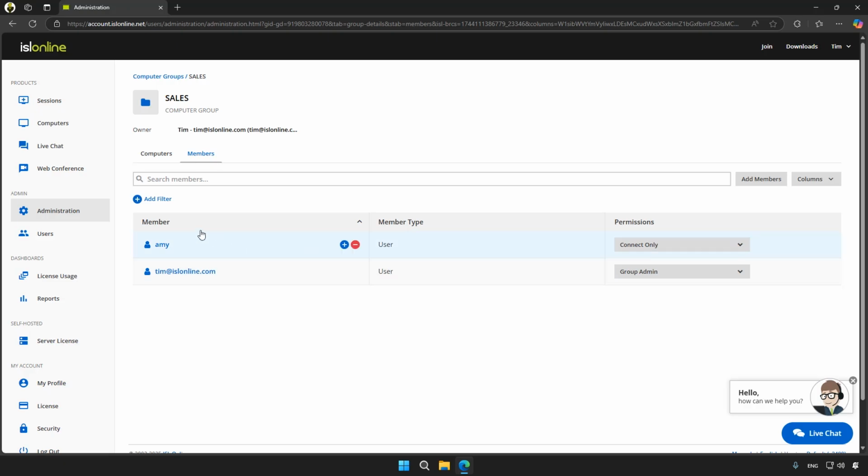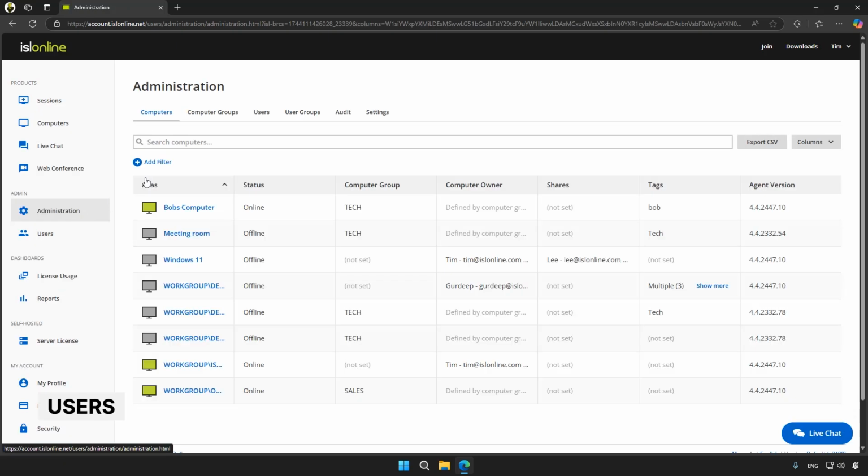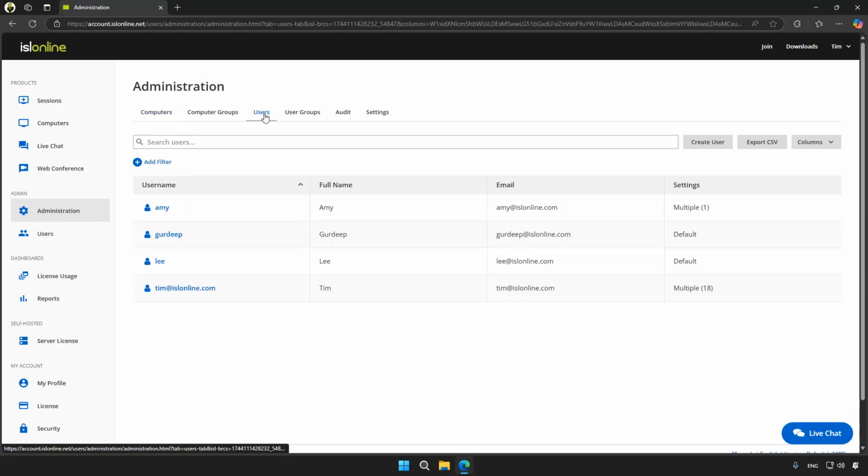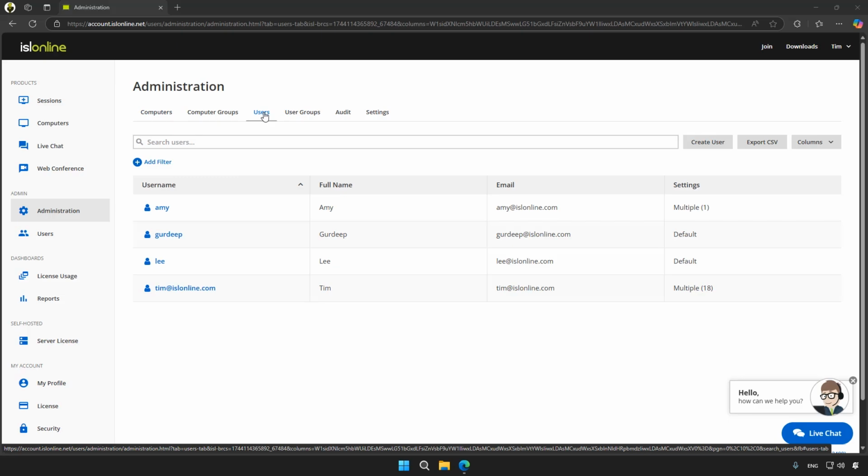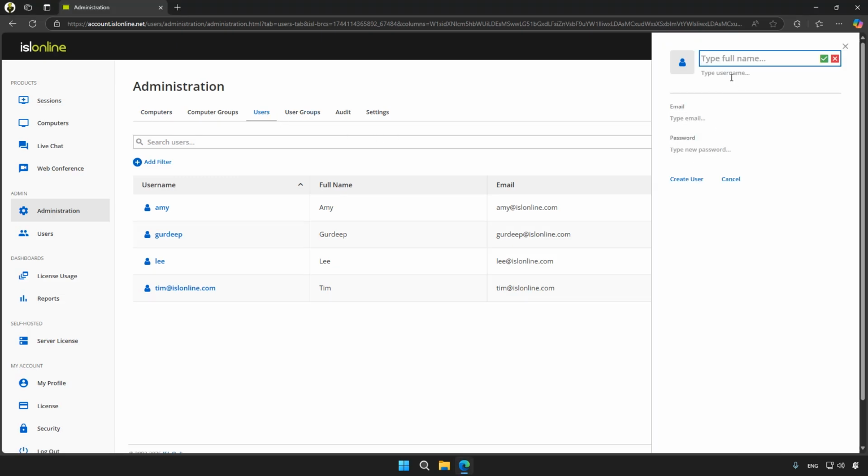Now let's click on Administration and take a look at the Users tab. Let's say a new team member joins the company. As an admin, we click Create User, and from there, we can type in their name, for example, John, give them a username, an email address, assign them a password,